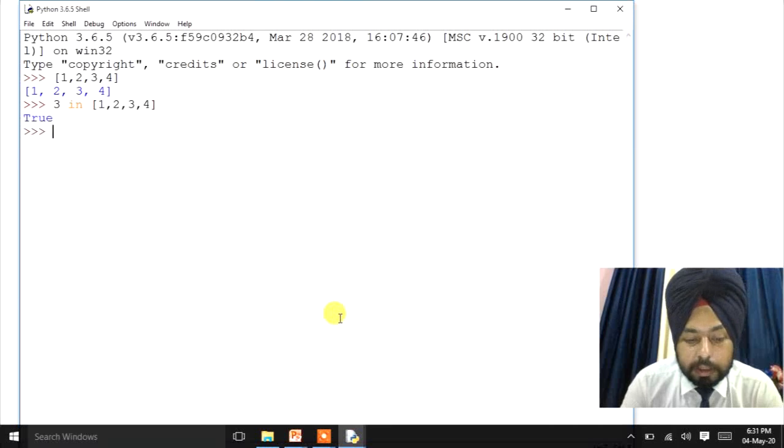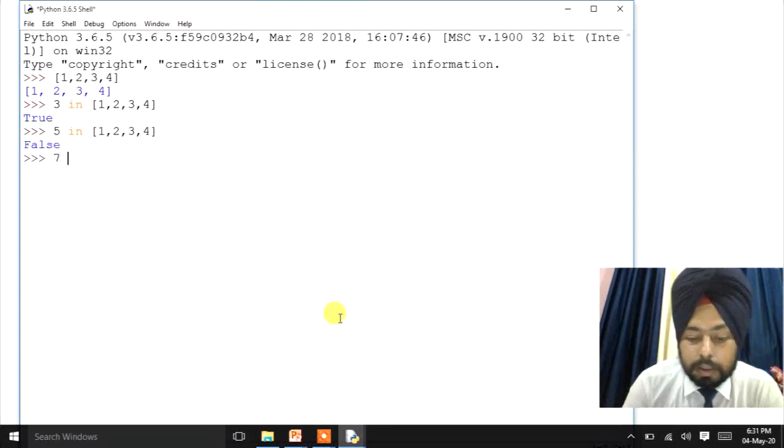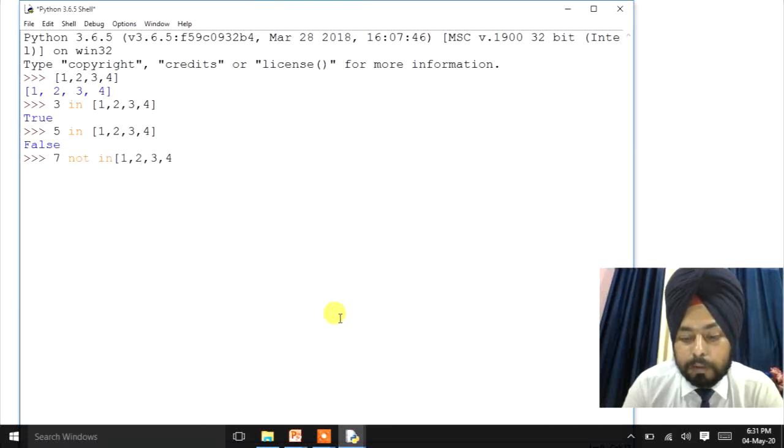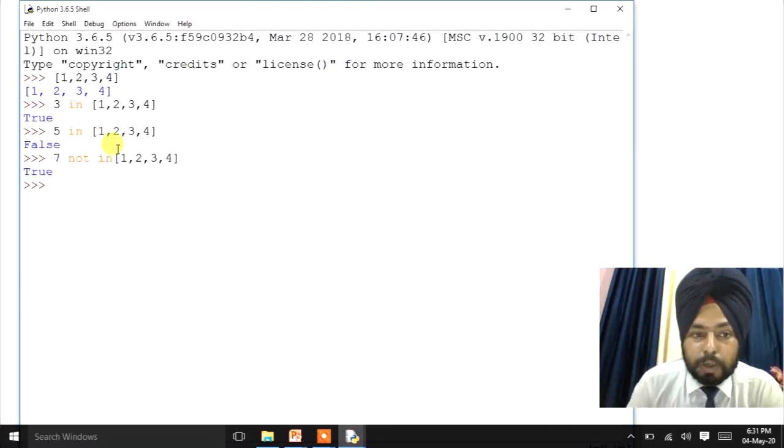If we say 5 in 1, 2, 3, 4, it will print false. If we use 7 not in 1, 2, 3, 4, it will print true, which means 7 is not available in this list.